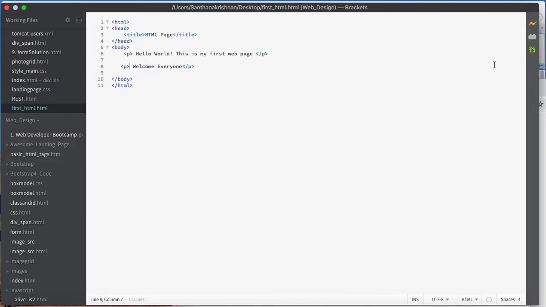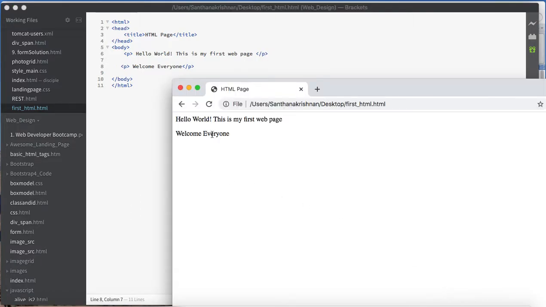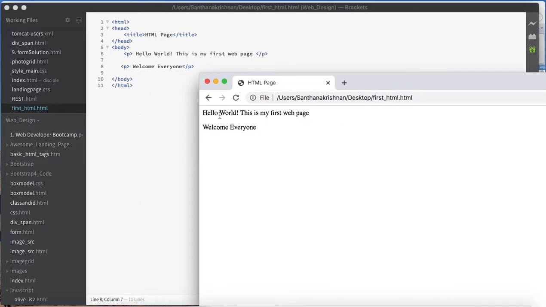Now saving the file, let me execute it. In this situation it treats them as two different lines. This sentence is in one paragraph element, and this is the other line. Only in this situation will I get two different lines. Previously everything was displayed in a single line.